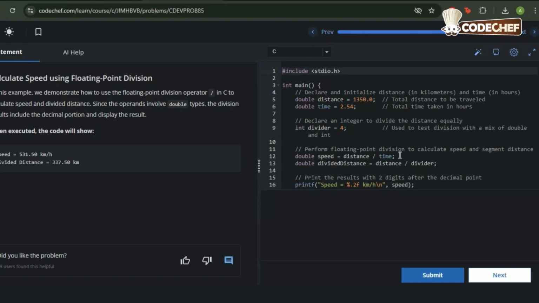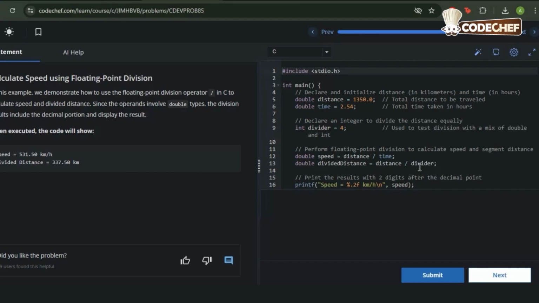Our next line, double divided_distance is equal to distance divided by divider, means this divides the distance by 4. Distance divided by divider is dividing a double by an int. Distance is 1350.0, which is a double, and divider is 4, which is an integer. Even though divider is an integer, because distance is a double, C performs floating point division.